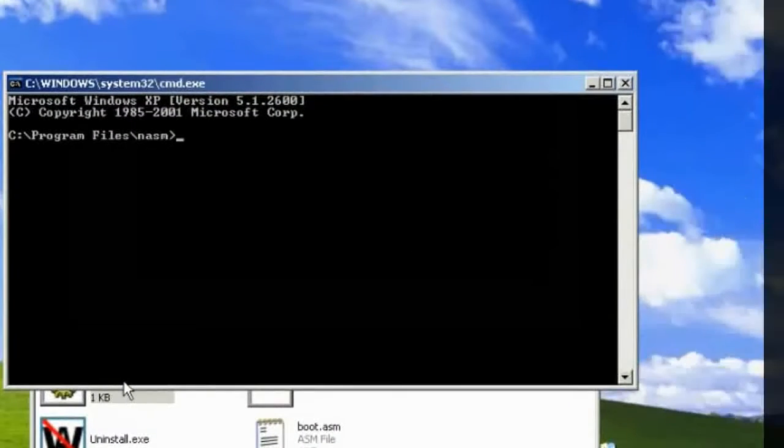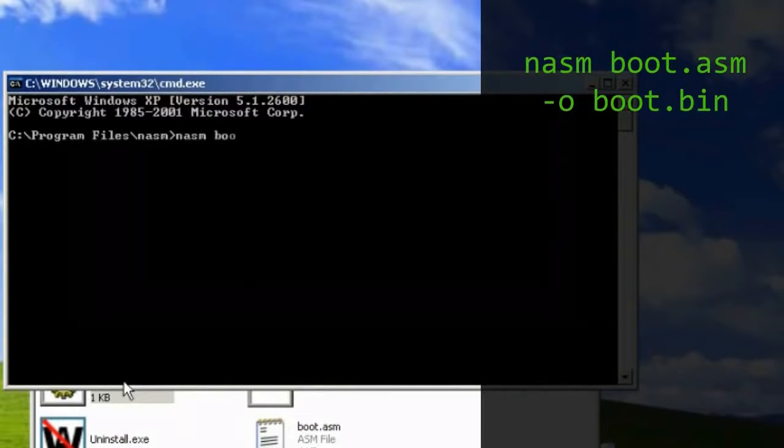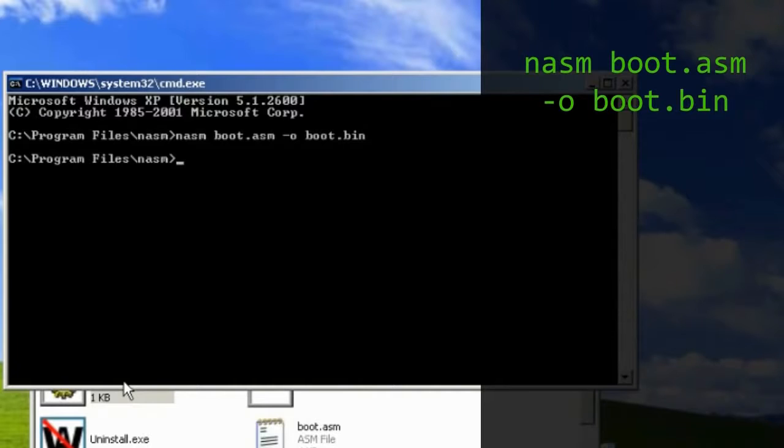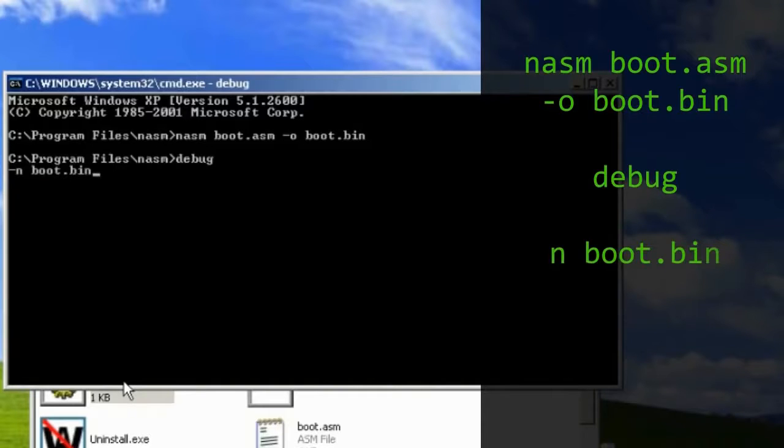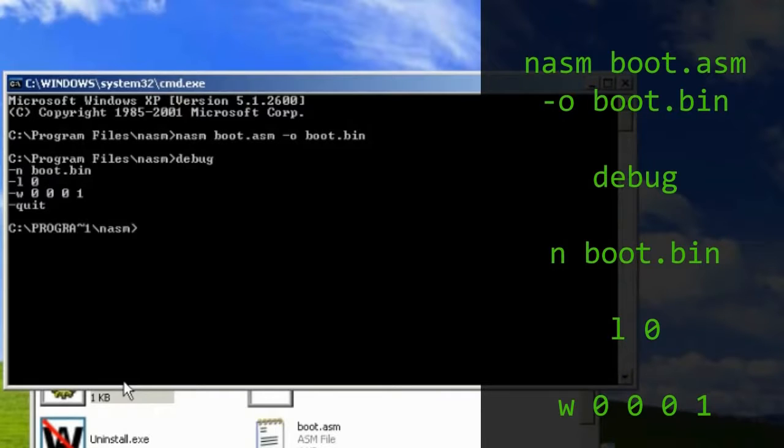Now save it as boot.asm to your NASM directory. Then double click on nasmpath.bat and type nasm boot.asm -o boot.bin to convert it to a bin file. Now we need to write it to a disk, so type debug and then type n boot.bin and then type L 0 to load the contents of the file into memory. Then type W 0 0 0 1 to write the file to the first sector of